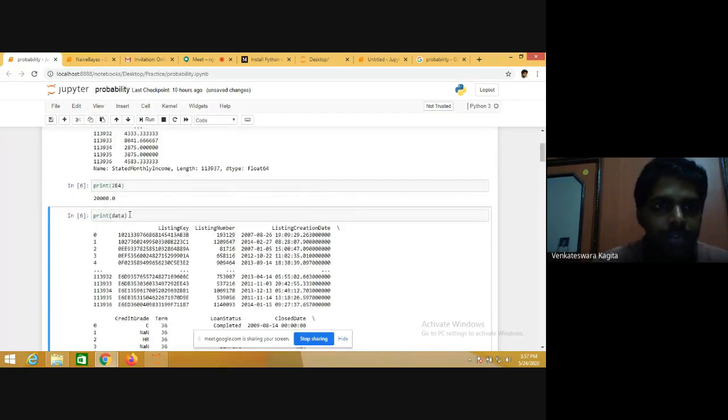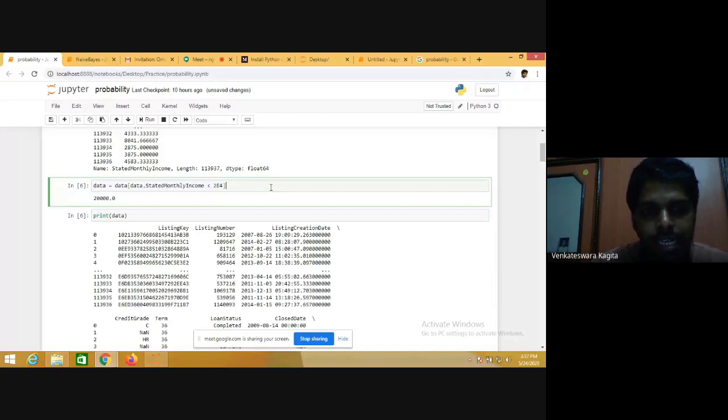So this is 20,000. You can see it, right? So this is the data that I am removing to make sure that I remove the extreme cases, so that I'll have a good distribution of the data over the bins.